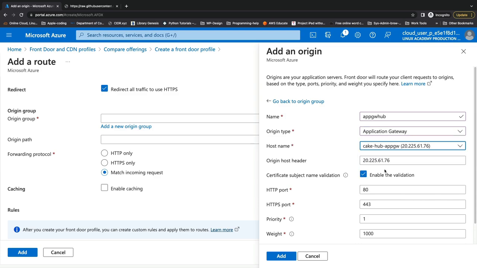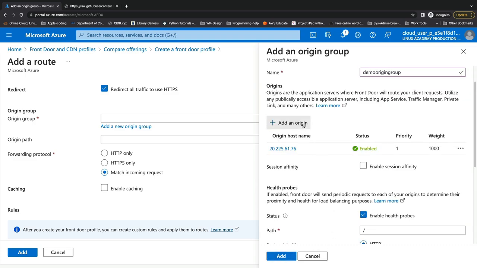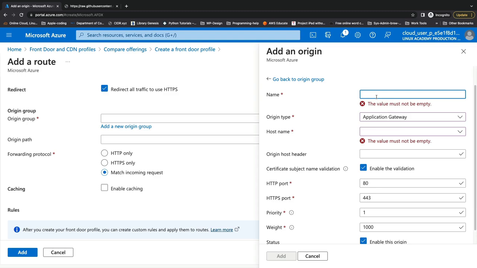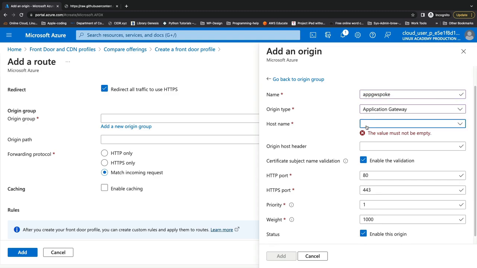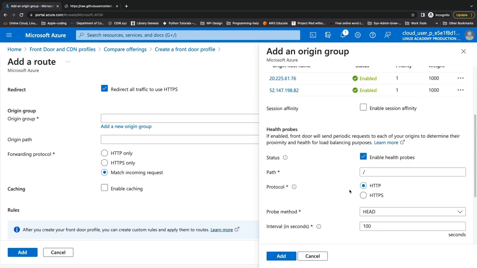We'll select our hub gateway here, and we're going to see it has the ability to use those HTTP or HTTPS ports 80 and 443. We have the priority and we have the weight, and we can choose whether or not we want to enable this origin. So we'll click add here, and now we can add another origin. We're going to call this one our app gateway spoke, and we're going to select it from the drop down there, and we're going to select all those same settings, click add,